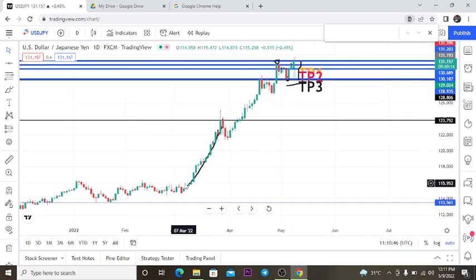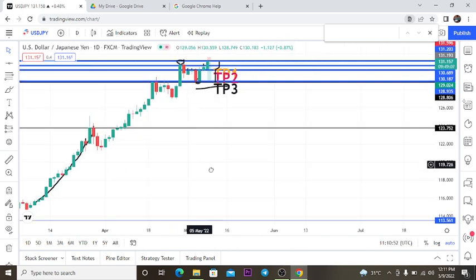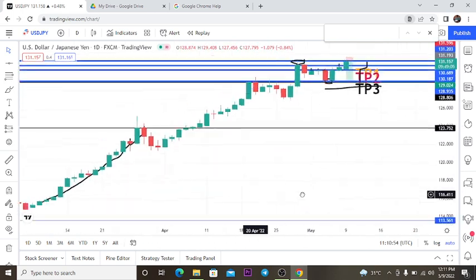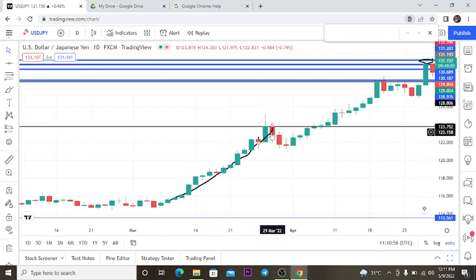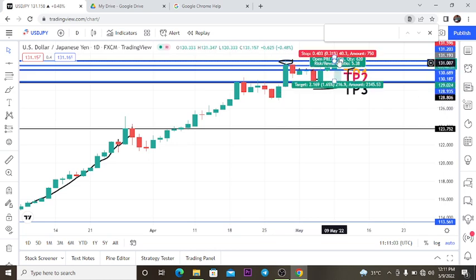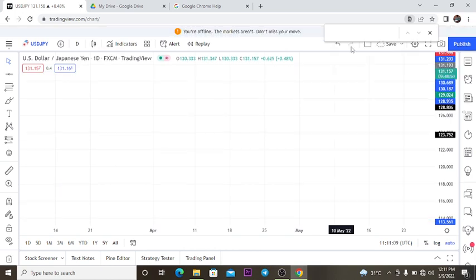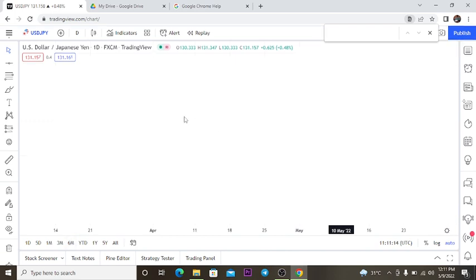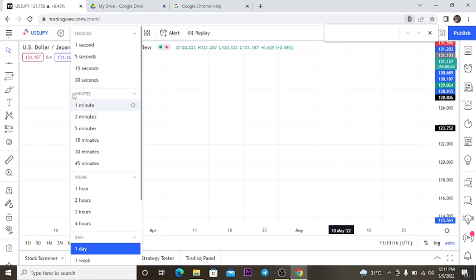You can see it has been buying, and if I zoom in, you can see the pattern in which this price has been buying. The price will make an impulsive move, pull back a bit, another impulsive move, pull back, another impulsive move, pull back, and currently the price is making another impulsive move. So if this impulsive move should break our resistance, our stop loss will be triggered, guys. Our stop loss will be triggered.